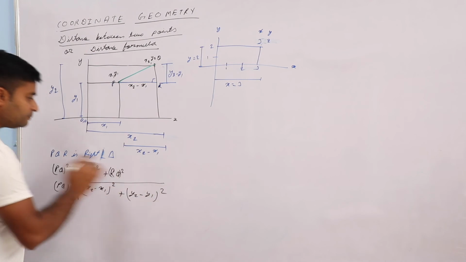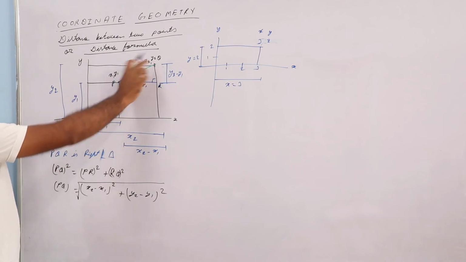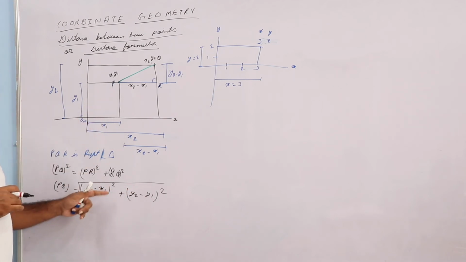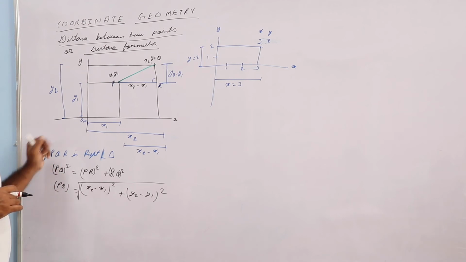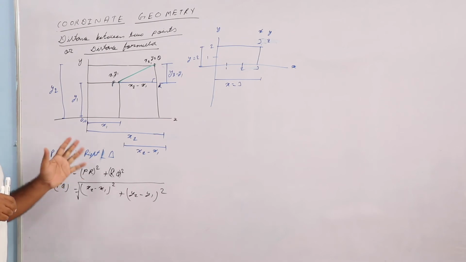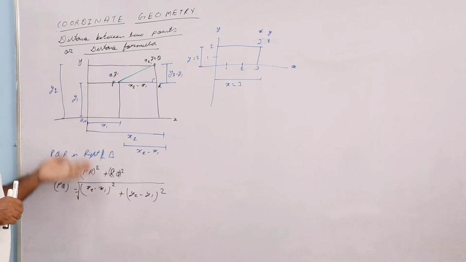Root. Understood? So, if you need to find the value of PQ, simply put the value of the coordinates x2 minus x1, y2 minus y1, take a square, take root, you will get the answer. And this is only your distance formula. And actually this proof is given in your NCERT, correct? But nobody asks for the proof, and it's not at all difficult also. So you get to know how to do it. Now I'm showing one example.